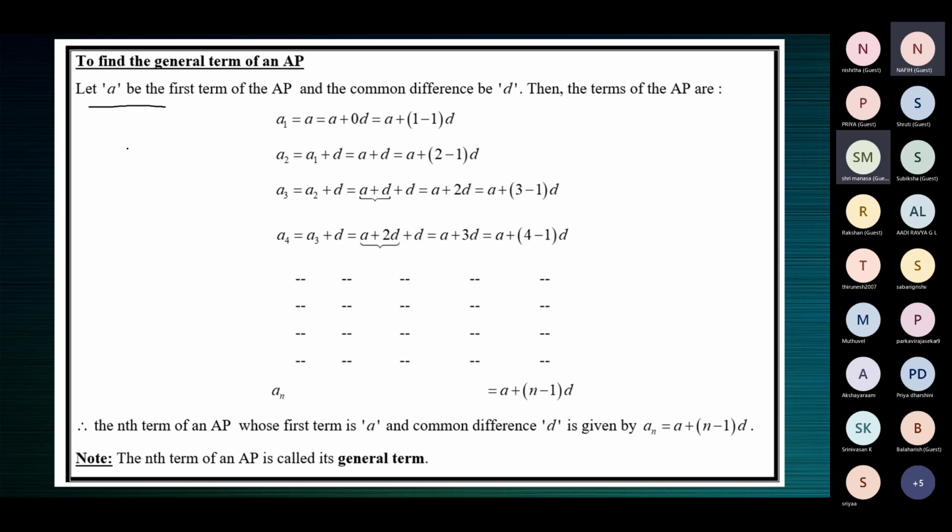Or if you know the common difference but not the first term, you cannot generate the AP. So you definitely need both. That's why we say let A be the first term of the AP and let the common difference be D. Then the terms of the AP